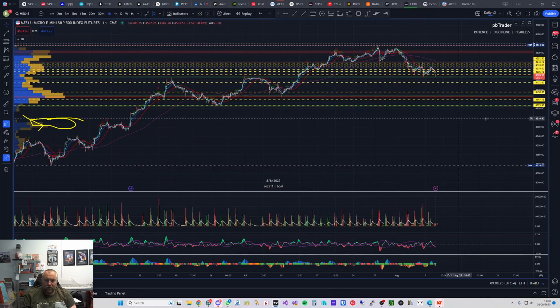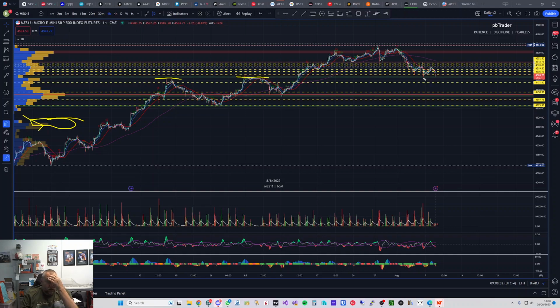Here we go. Yep, so as you can see, we've got the tops of these candles which are going to be acting as support, and we've tested it once and we've tested it twice today here, and possibly we're going to break down. So our next target is going to be this area here, which is 44.71, 44.72 area. So if we do break through this area, it's a little bit messy. It could be a 44.80 area, might be a possible area to keep an eye on,